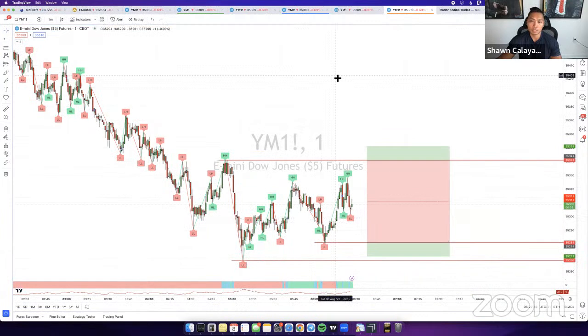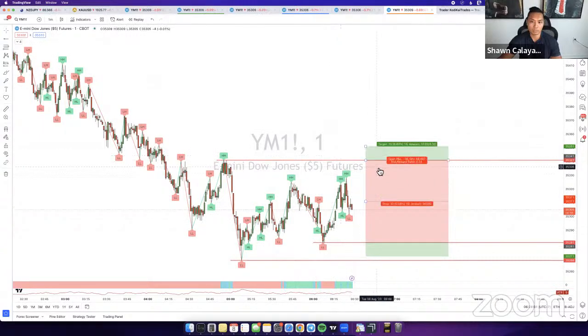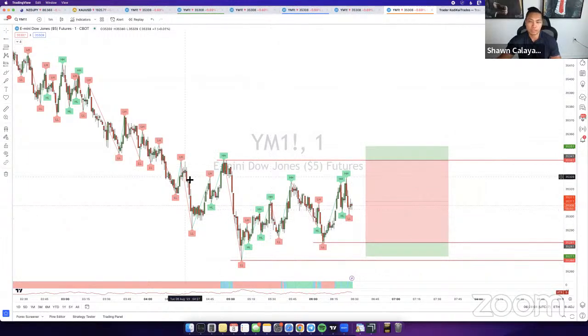On top of that, price isn't really moving too directional. So in a situation like this, I would probably look for 100 pips versus 300 pips because for one, it's low level liquidity. And for two, it doesn't look like there's very much volatility. The ATR right now is currently at 9, so it's a bit slow. So in this situation, yeah, I'd only go for about 100 pips or so.